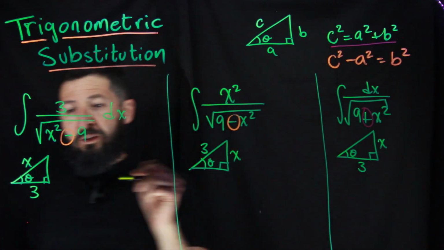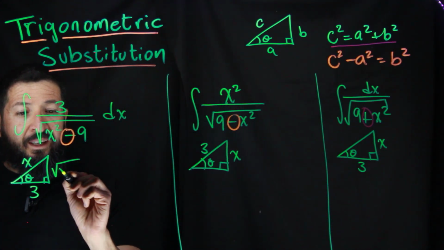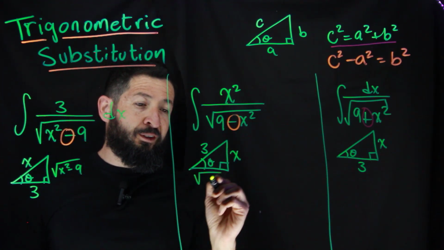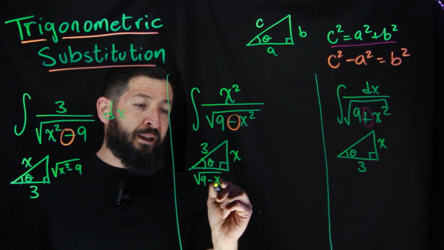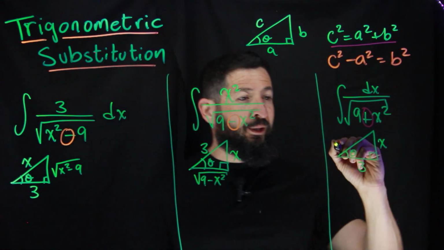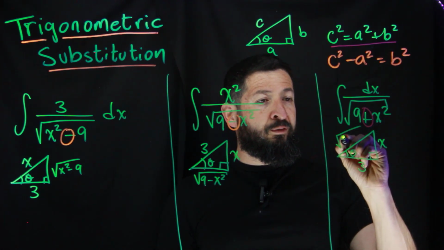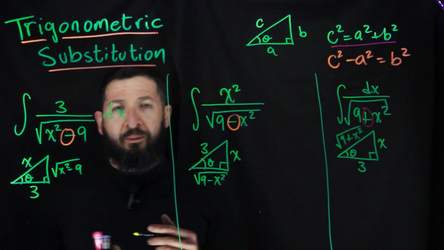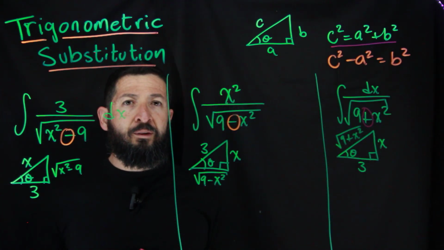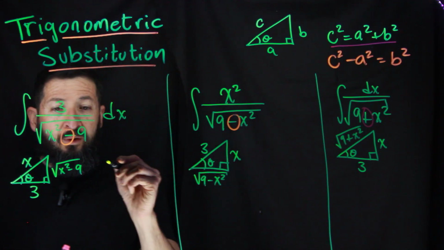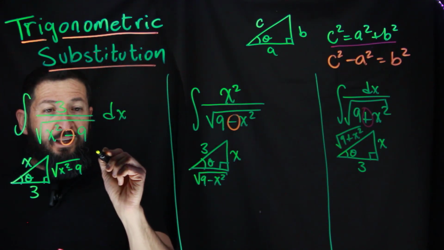So after computing this, we get that this is the square root of x squared minus 9. And now this one, you can guess, you can do the Pythagorean theorem to get that this is going to be the square root of 9 minus x squared. And guess what? This is going to be the square root of 9 plus x squared. Please pause the video and do the Pythagorean theorem for each one of them and make sure that we are in agreement. So now with that, we will go ahead and write that x over 3